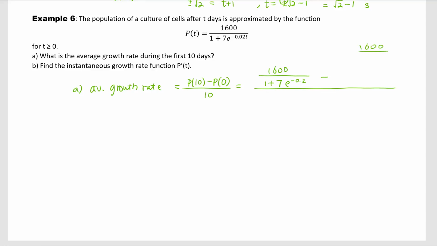1600 over 1 plus 7, which is 8. Oh, so this is 200 over 10. Right, so we plot this in our calculator and let's see what we get. Okay, so I hope everybody can pause here and try to plug this in your calculator, because this guy,